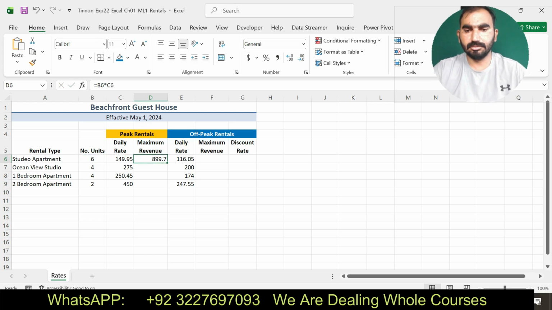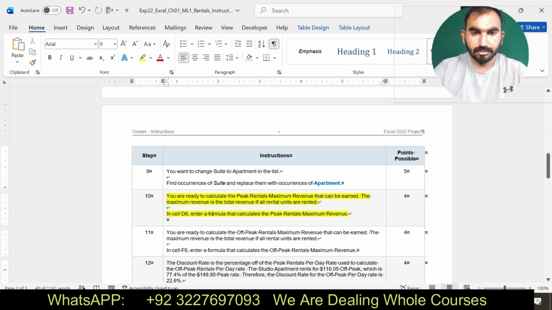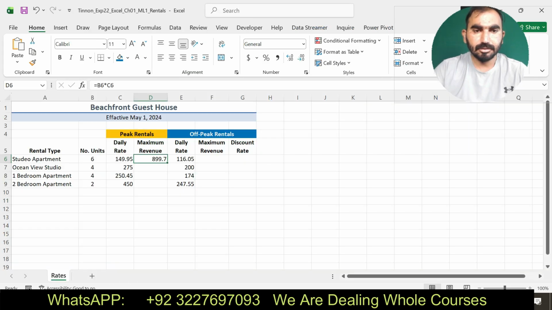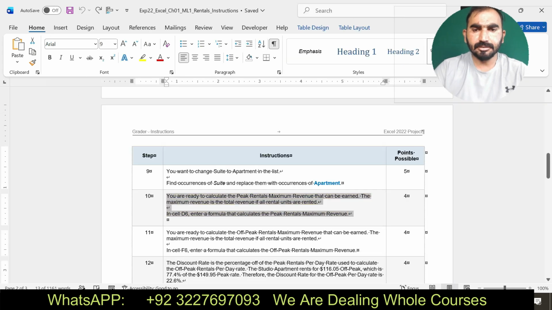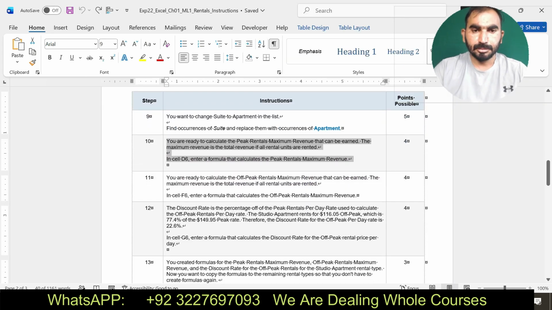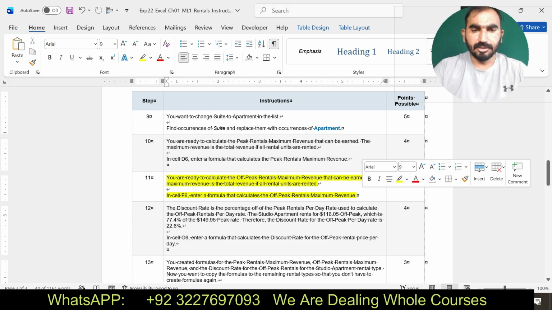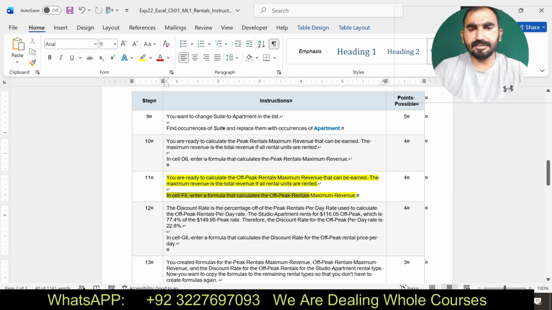Okay. Inside D6, enter a formula to calculate the peak. Okay. And I have made this modification. Now I am going to move for the next step. Step number 11. In cell F6, enter a formula to calculate off peaks.